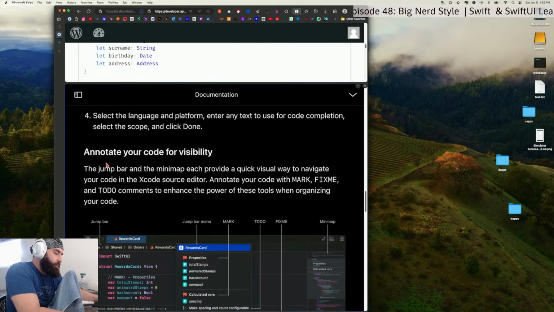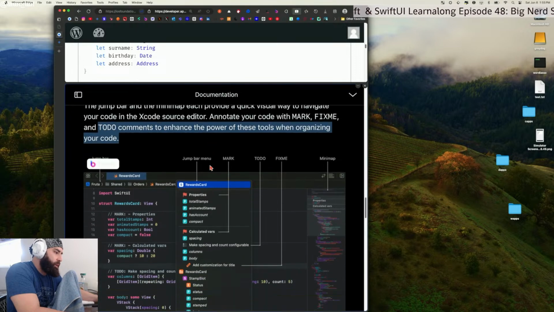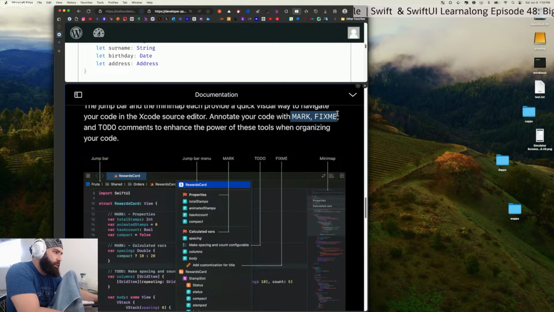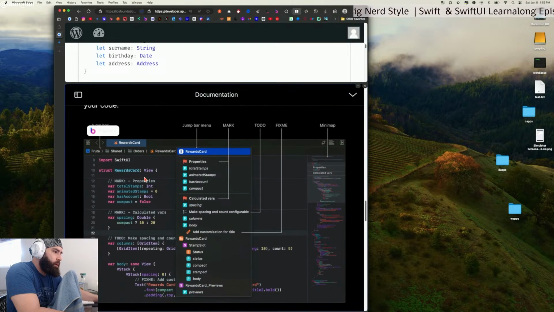Annotate your code for visibility. The jump bar and the minimap each provide a quick visual way to navigate your code in the Xcode source editor. Yeah, how do you do this with mark, fix me, and to do? Oh, good. I was wondering where this stuff goes. I haven't seen these, so this will be cool. Annotate your code. Oh, they just mean with